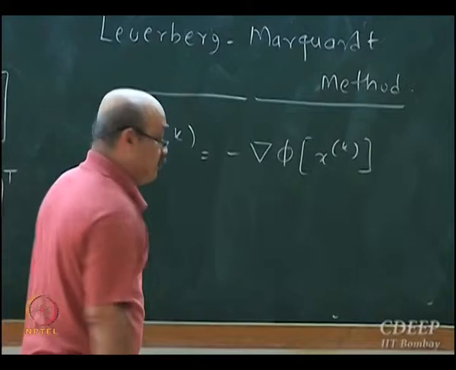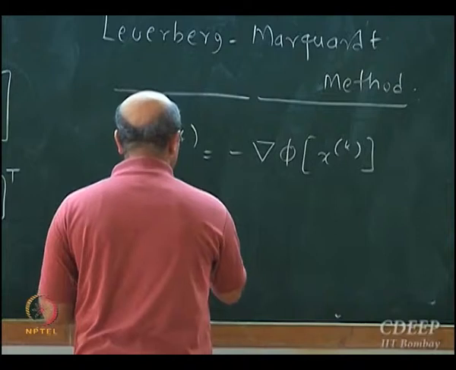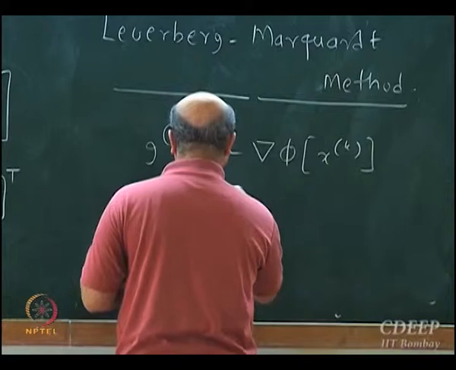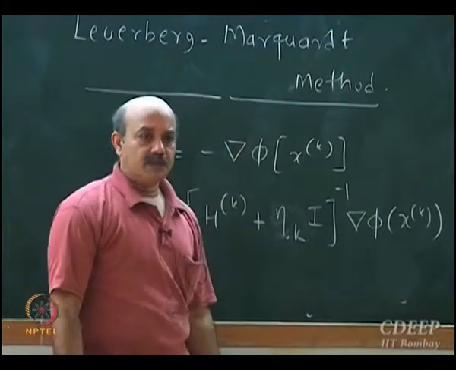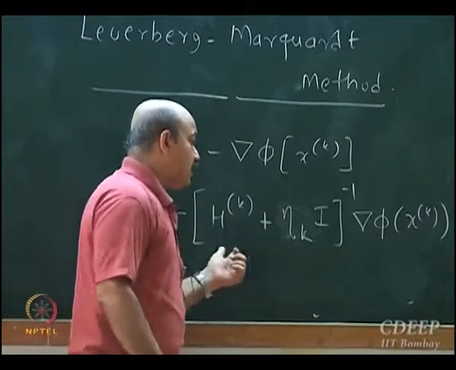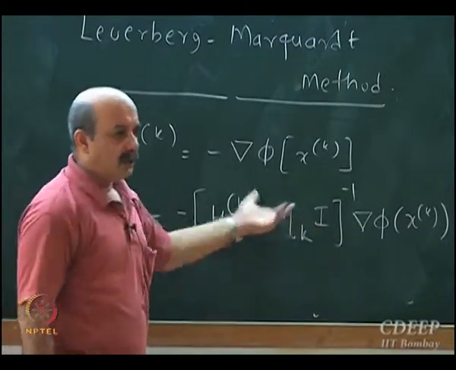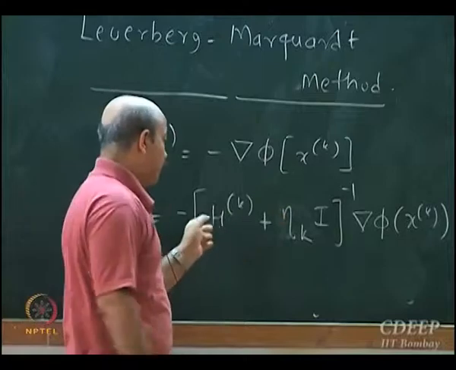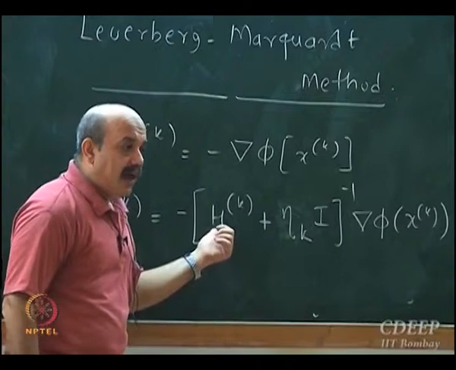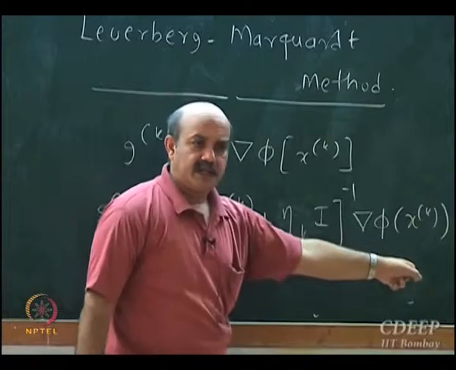What I do is my search direction Sk is found by minus of this. If I put this theta k equal to 0, it is nothing but the Newton step. If you go back and check, this will be nothing but a Newton step. The Newton step actually does involve the negative of the gradient direction, except it is pre-multiplied by H inverse, otherwise it involves the negative of the gradient direction.